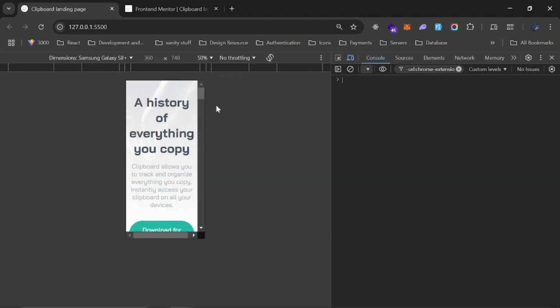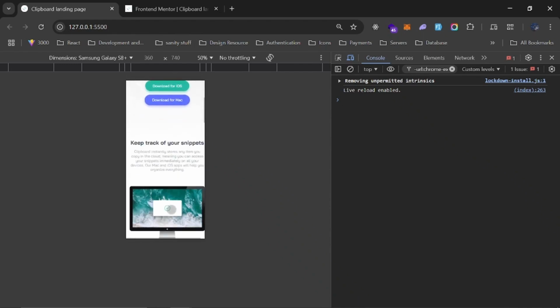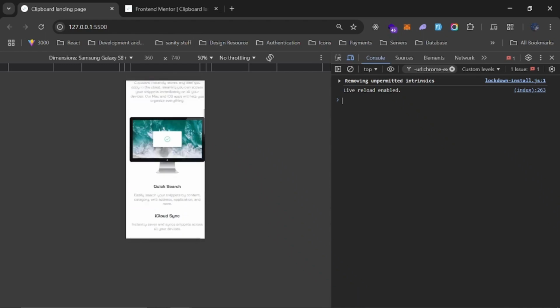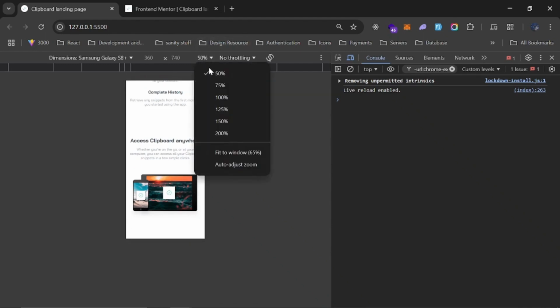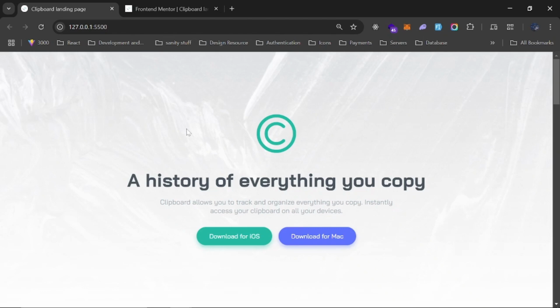I can bring it to my phone. You can see that these buttons now are on top of each other, as well as this. So if it's too far for you, let me try and zoom it in. All right, so basically this is what we'll be building, and you are going to learn a couple of things